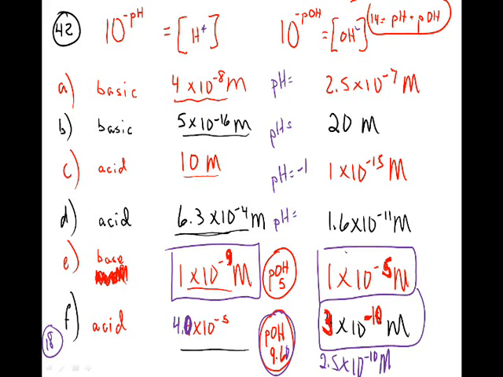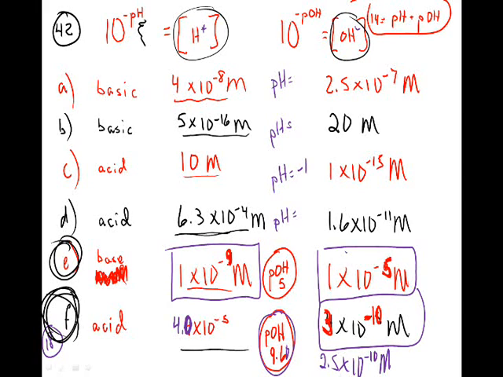Let's see here, number 42, you were given probably the pH of most of these, and you had to calculate the hydrogen ion concentration from that, and maybe the hydroxide ion concentration as well. So there's several ways you could have calculated that depending on what you decided to use, and then identify if it's acidic or basic. Now notice in the last two, E and F, some people struggled with those as we went through them today. They struggled with them because they